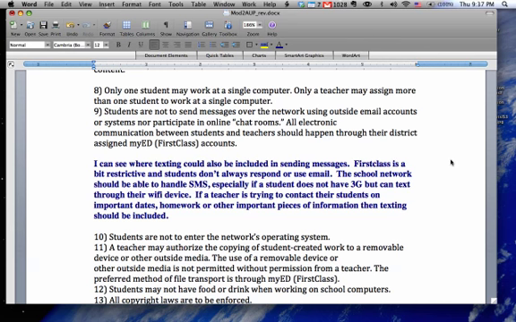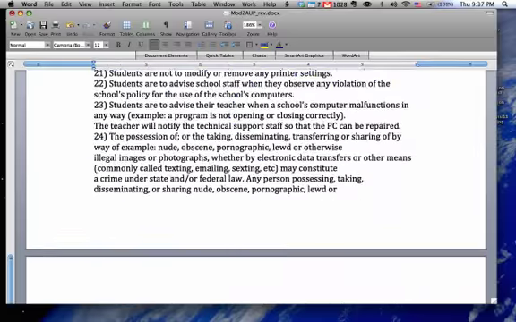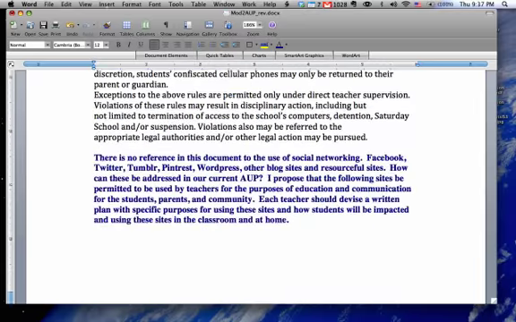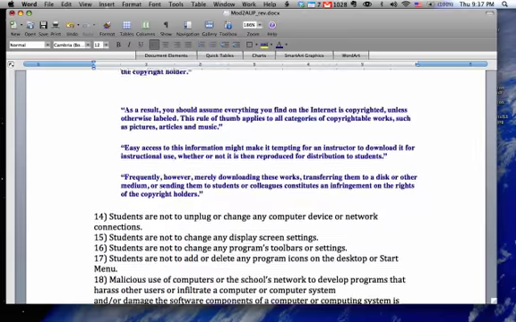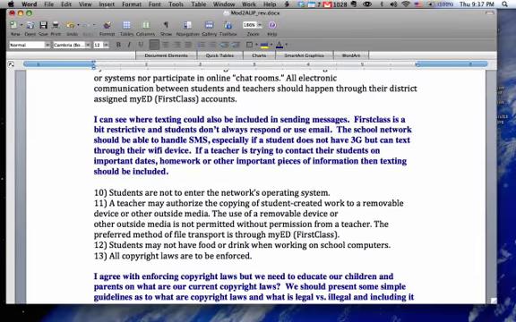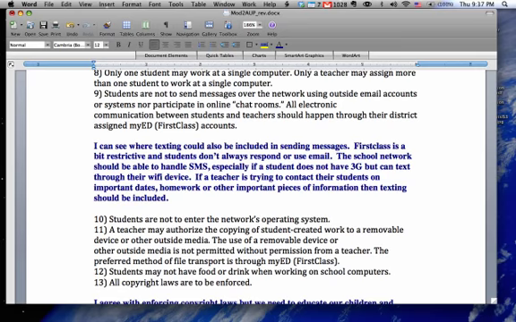As I highlight some of the suggested proposals, changes for the acceptable use policy for our district, a couple things really stuck out to me. One thing with our AUP, I noticed that the district numbers the entire policy. And in fact, it goes up to, looks like, 26. So there's 26 rules, policies that are supposed to be followed by the district, teachers, students, and so forth.